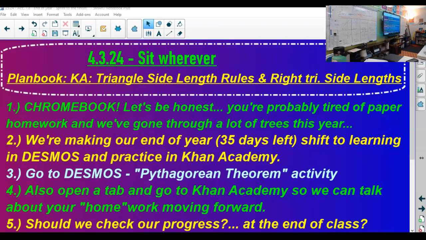Now remember, the reason we do Desmoses is to play with the math and just experiment and see what we can do. For the last 5 minutes of class, you are welcome to hop over into Khan Academy and work on one of those 2 triangle assignments. Now, if we go to the first assignment that needs your attention,